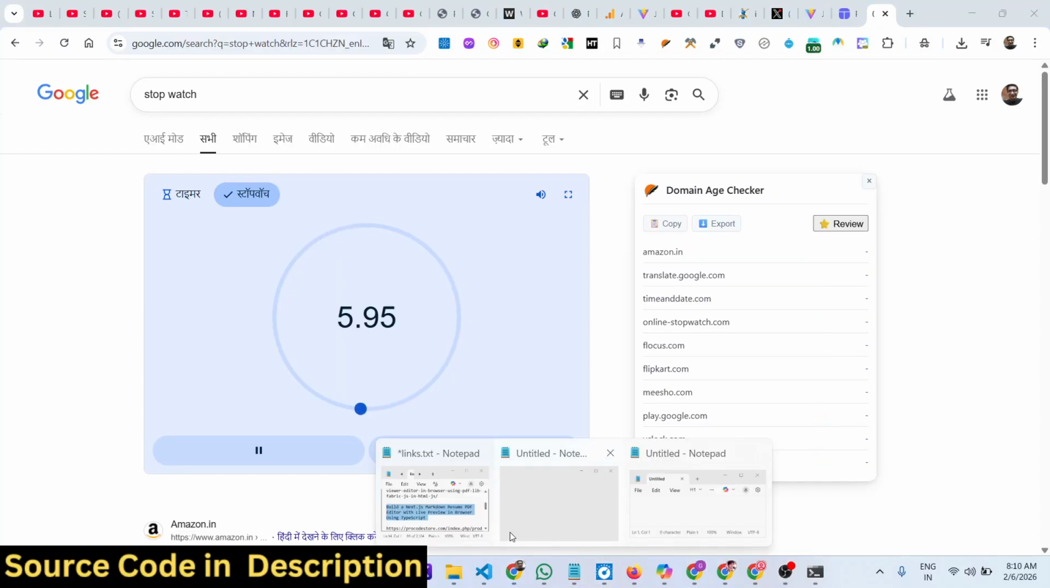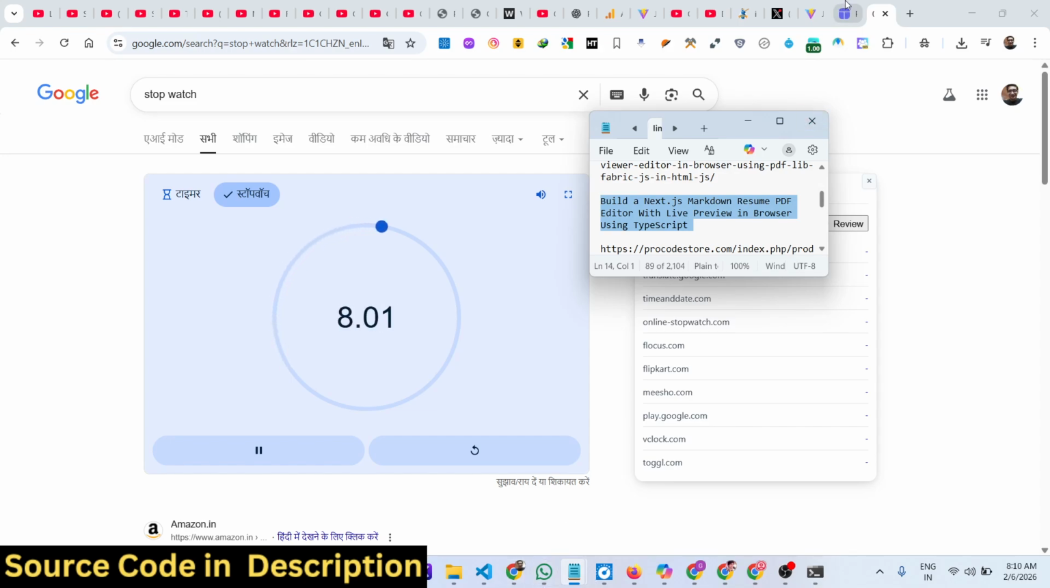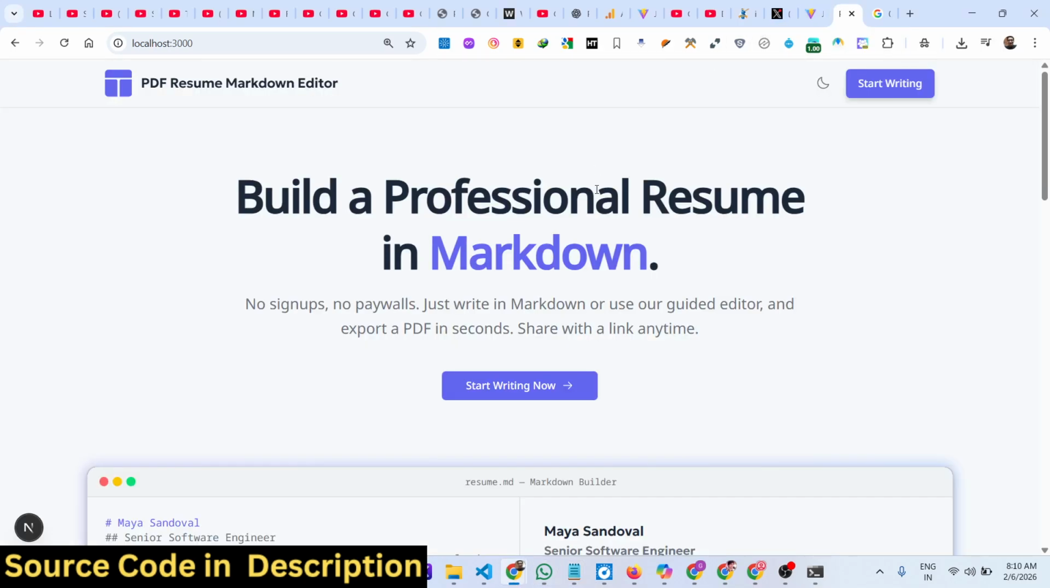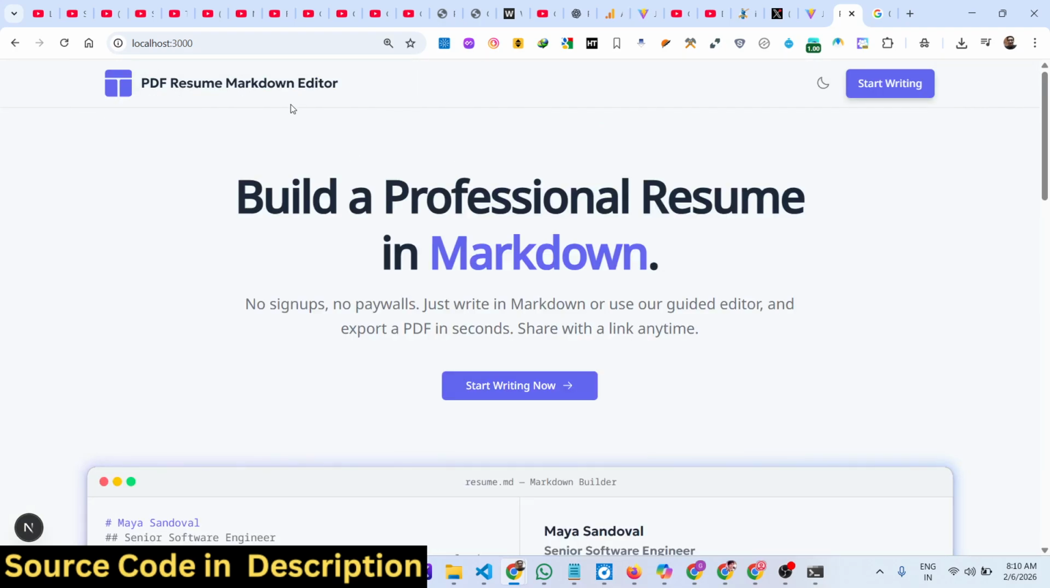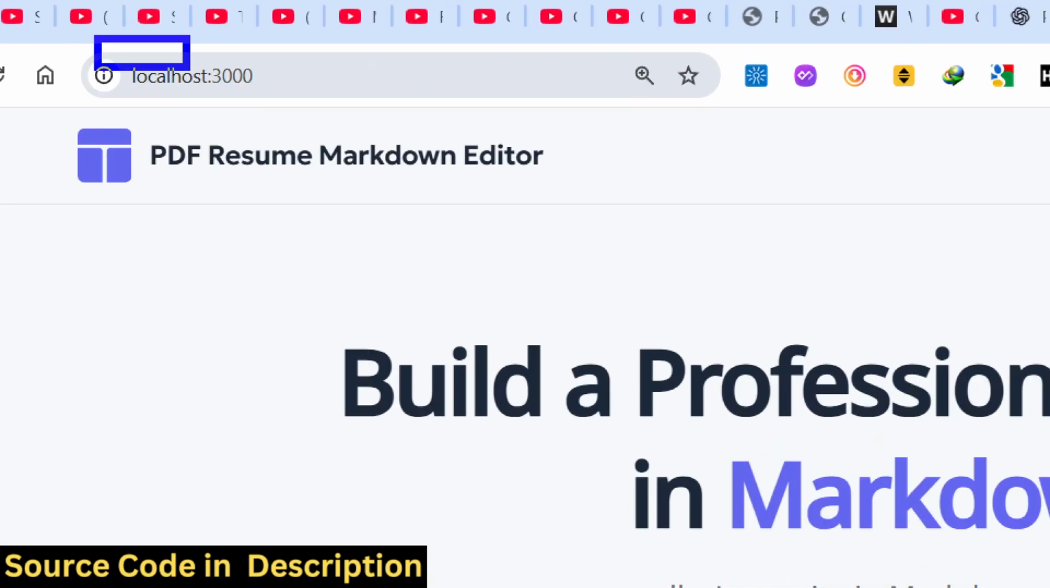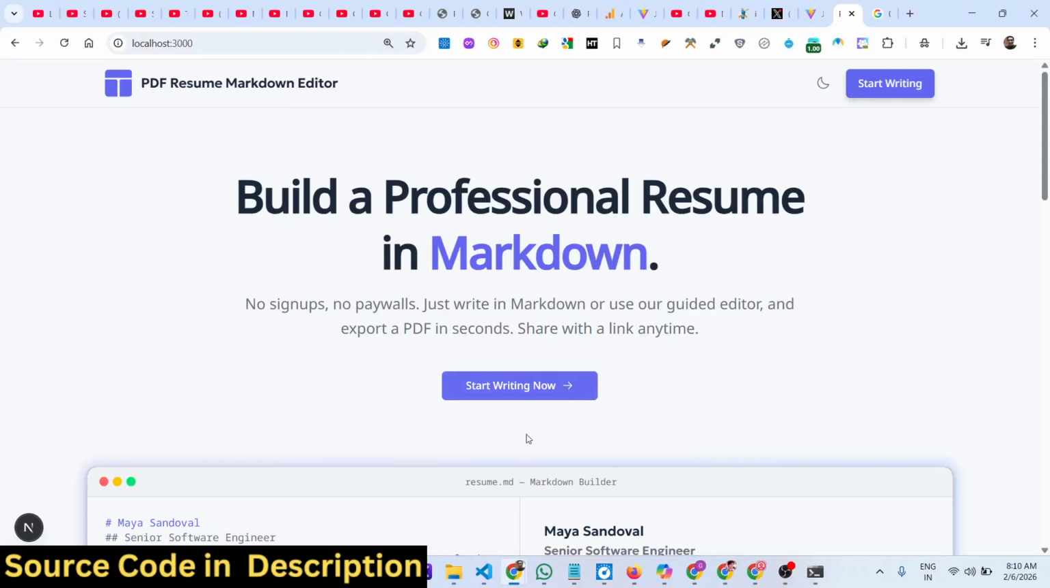So in this video I'll show you I built out a Next.js Markdown resume PDF editor inside the browser with live preview in Next.js. So we are running this application on localhost. So this is actually the interface of the application. So if you click the button,